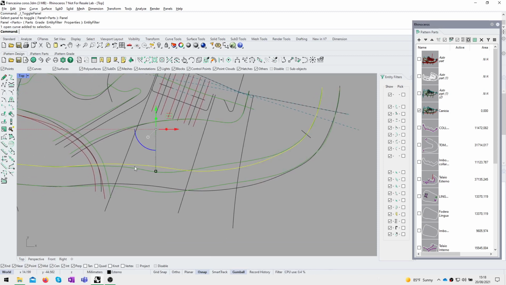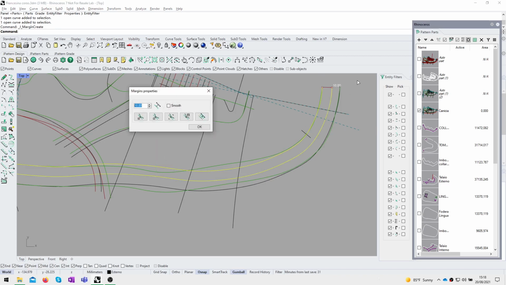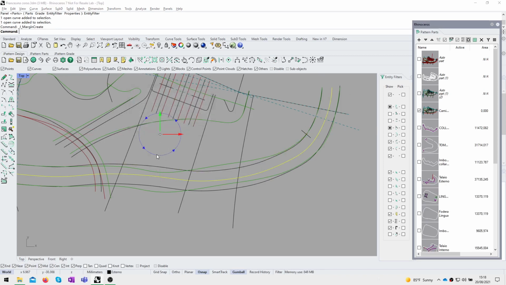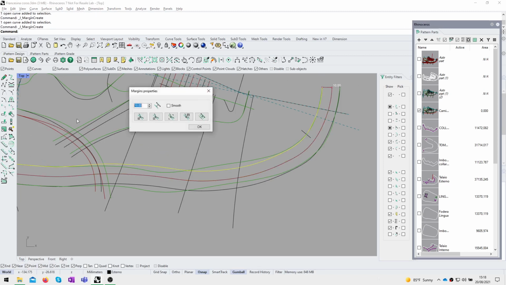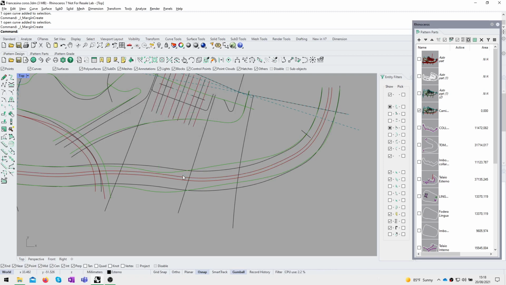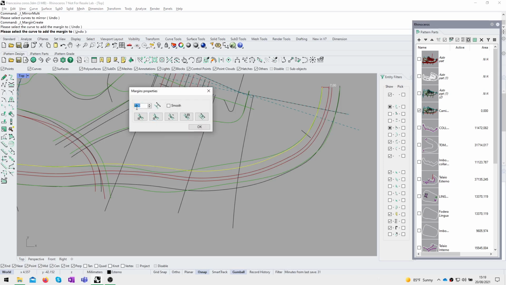So in a very quick way, if I run the margin command right here, it will be at 10. I say OK. Then I want to run a new one and say it's 7 and confirm. Now the new one again just remembers the last one you used. It is a simple way,